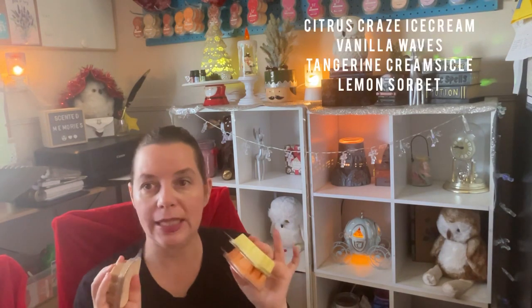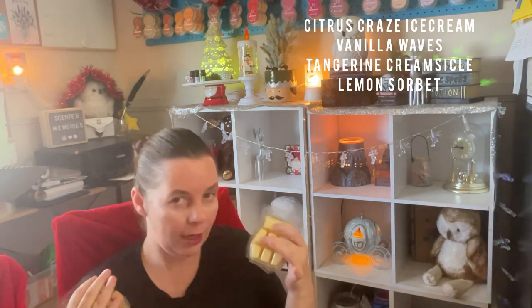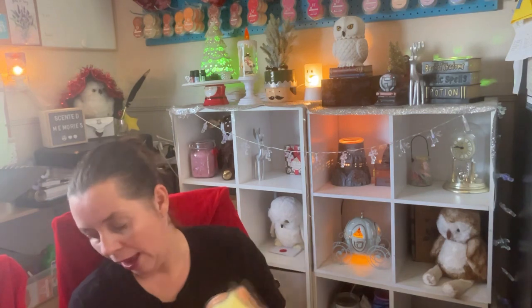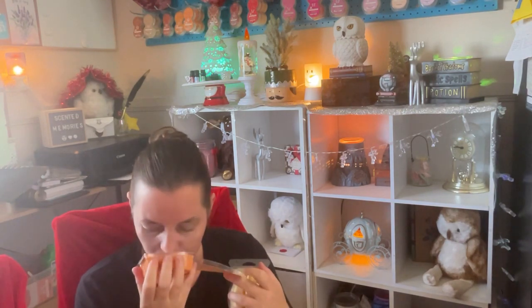So the base is going to be a vanilla waves. It's very summery, it's very fresh, it's very bright, and it's going to just sweeten these two citrus scents up a little bit so they're not too tart and too sour. And then what I do in alternating warmers in my house is I use tangerine creamsicle, which